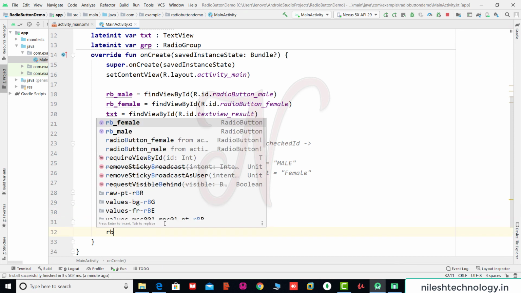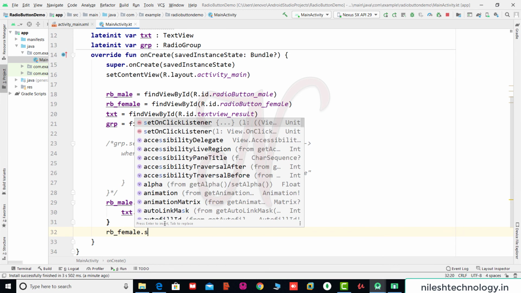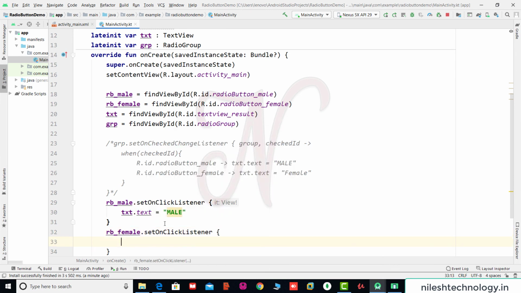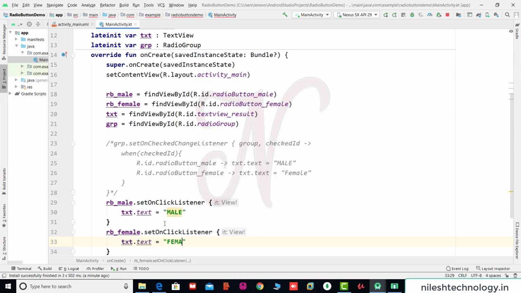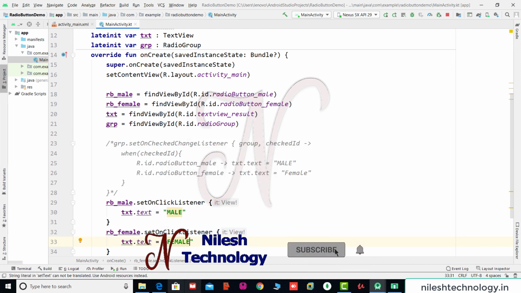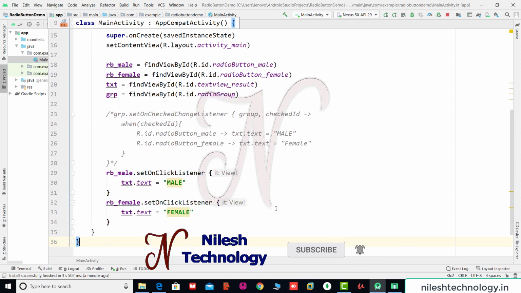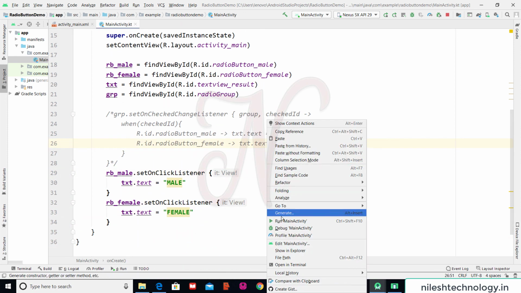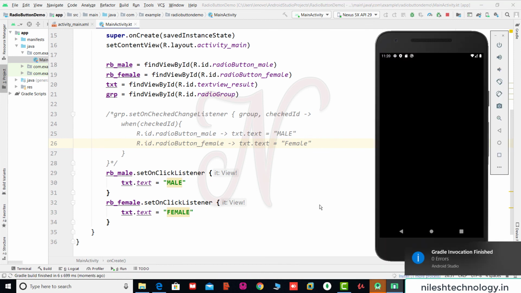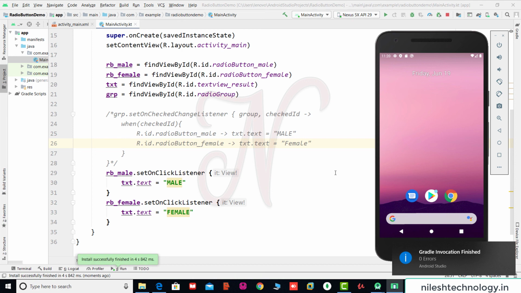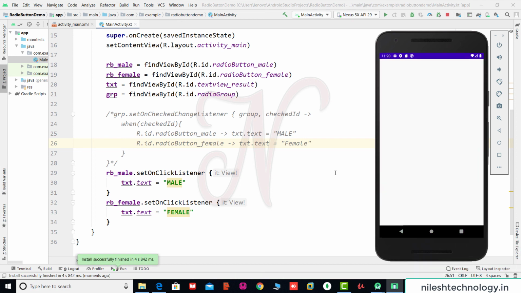Same here, rb underscore female dot setOnClickListener, txt dot text is equal to female. Save these changes and test this code again. Run main activity. See here, male, female. So students, test this code on your machine.